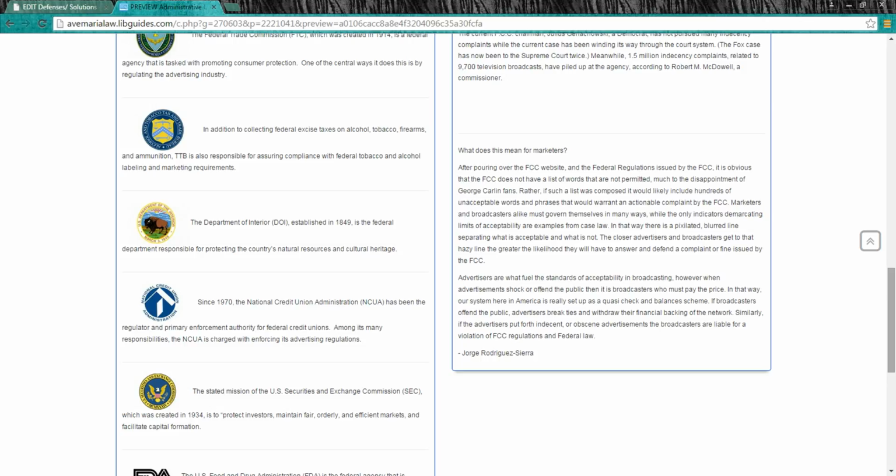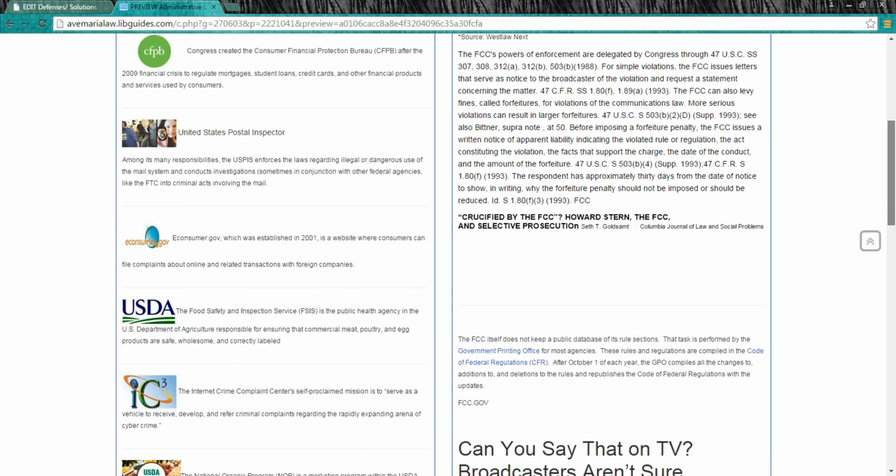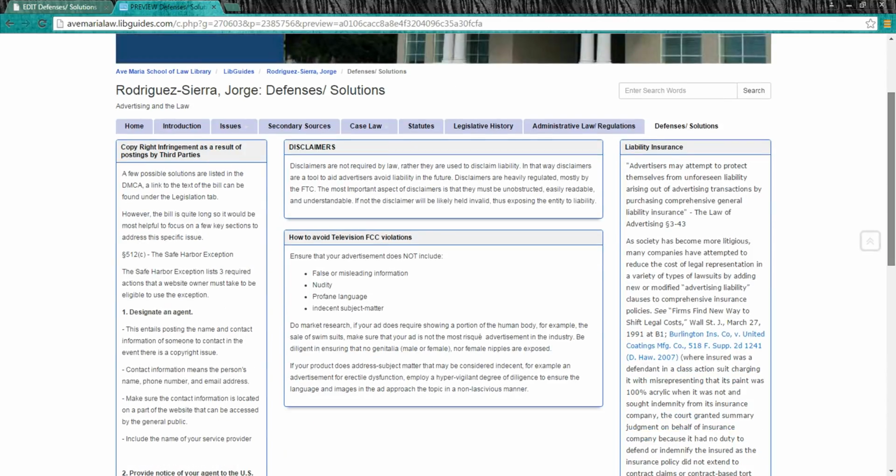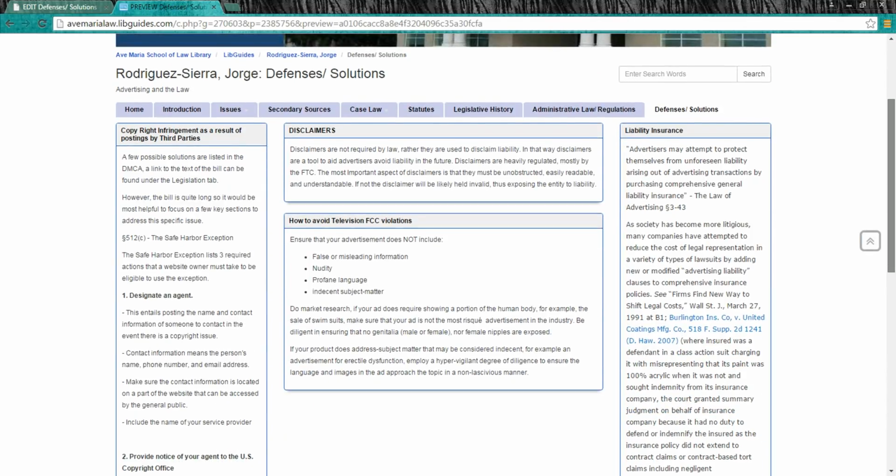So it's kind of an interesting way that it was set up and how it works, but it seems to work pretty well because when they have a financial interest not to violate the rules, it's a good thing, and it helps the law function the way it's supposed to. And finally, the last step was defense and solutions, and we talked about a lot of